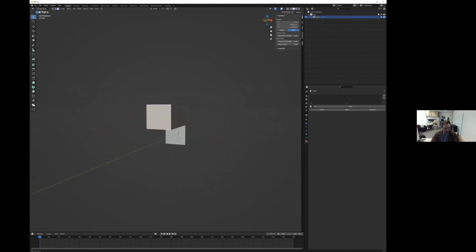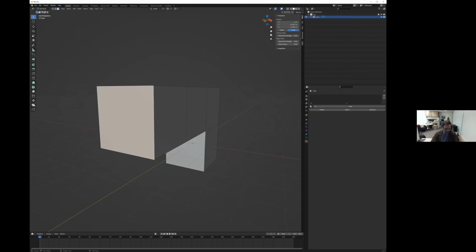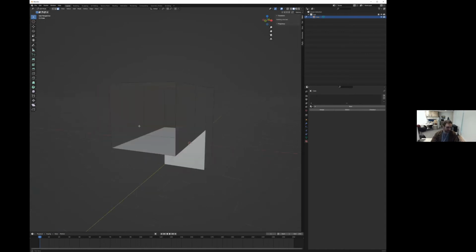Another cool thing is you can delete faces real quick. So if I wanted to get rid of this face and forward, I can press X, and I can choose what it's going to delete. Again, X is mostly delete for everything, so just keep that in mind. If I press X, I can then delete just a face. So now I have a hollow,